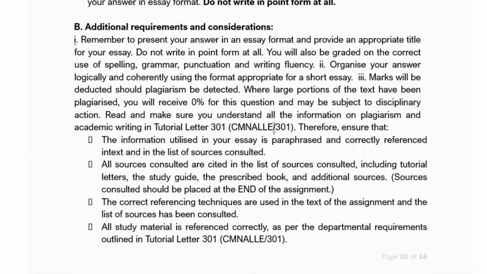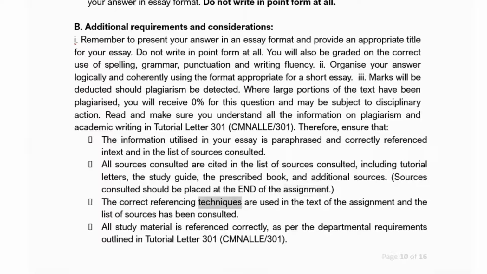Read and make sure you understand all the information on plagiarism and academic writing in Tutorial Letter 301. Therefore, ensure that the information utilized in your essay is paraphrased and correctly referenced in text and in the list of sources consulted. All sources consulted are cited in the list of sources consulted, including tutorial letters, the study guide, the prescribed book, and additional sources. Sources consulted should be placed at the end of the assignment.